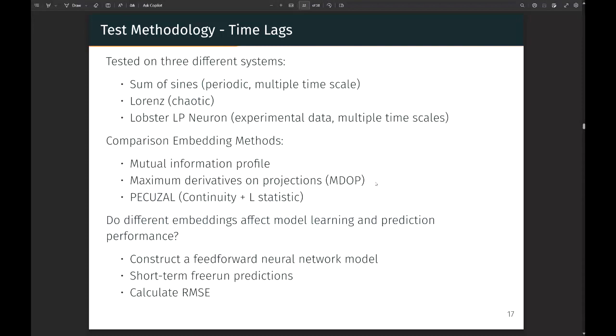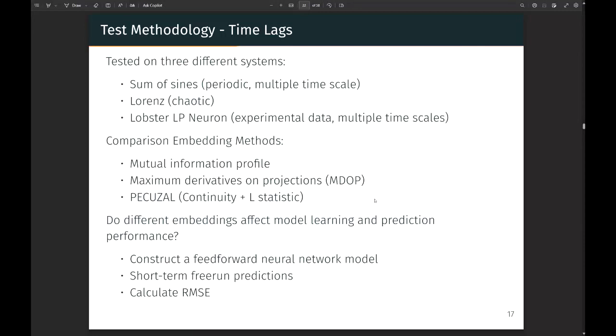And we're going to compare a few of the embedding methods: the traditional mutual information profile commonly used in uniform time delay embedding, and then 2 other comparison methods, which are a bit more recent, for automatically determining non-uniform lags. I won't go into too much detail here, although I'll be talking about the continuity statistic later. And to assess whether the embeddings we make from different lags are better or not, we're just going to see how well we can do free run predictions with them. When we say free run predictions, we are literally just fitting a feed forward neural network to predict it. The simplest model you can,